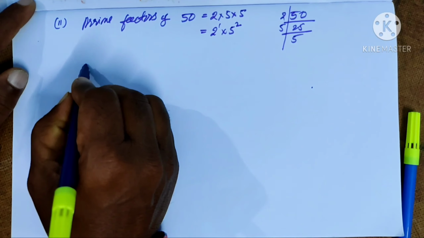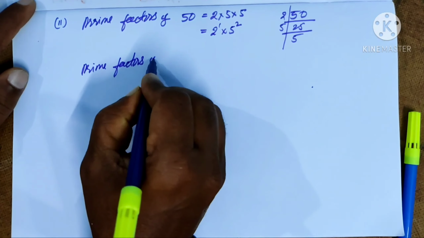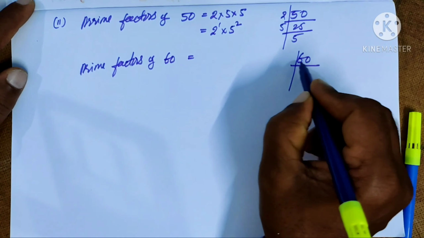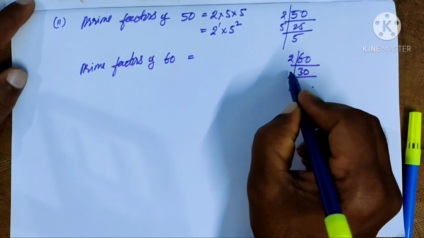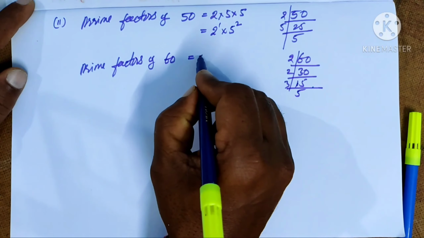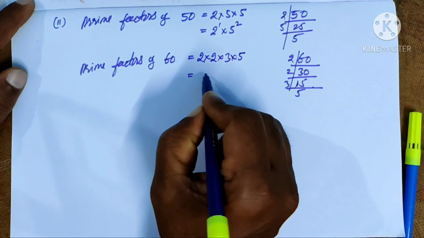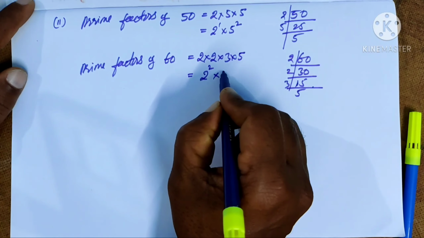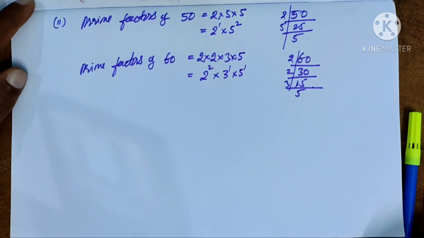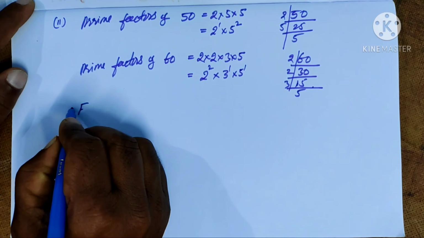And prime factors of 60. What are those? 2 30s are 60. Again 2 15s are 30. Again 3 5s are 15. So this can be written as 2 into 2 into 3 into 5. Therefore 2 to the power of 2 into 3 to the power of 1 into 5 to the power of 1. So if you observe the common factors,